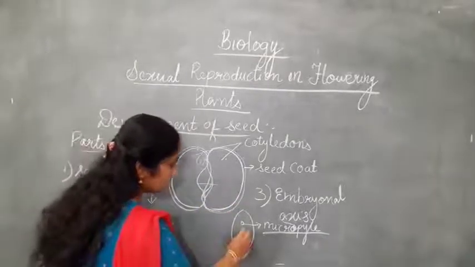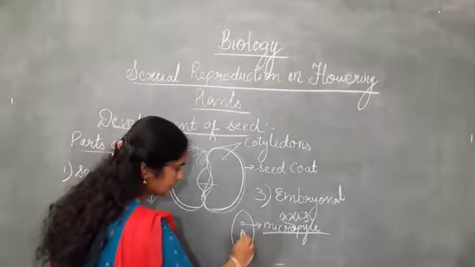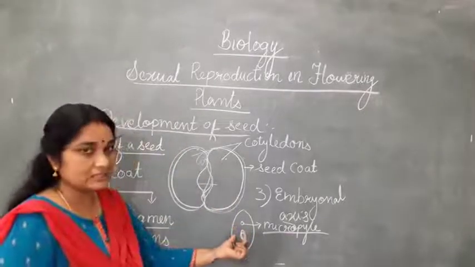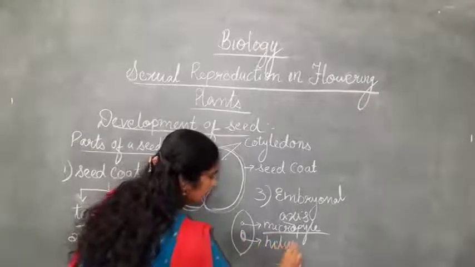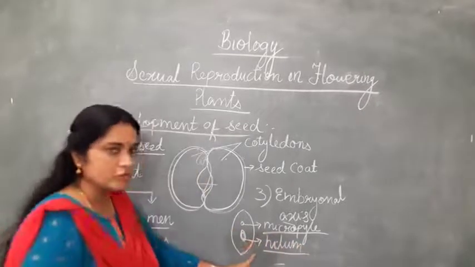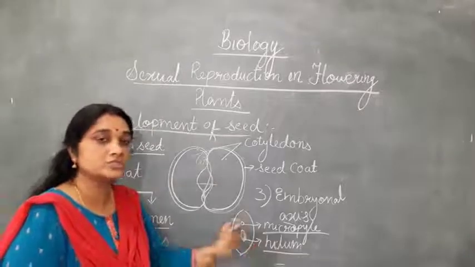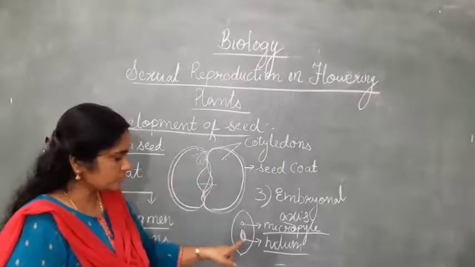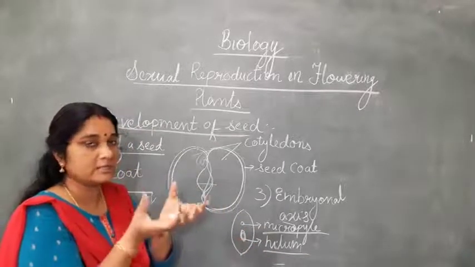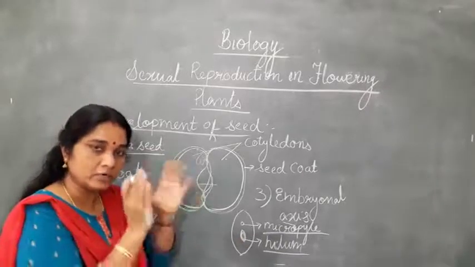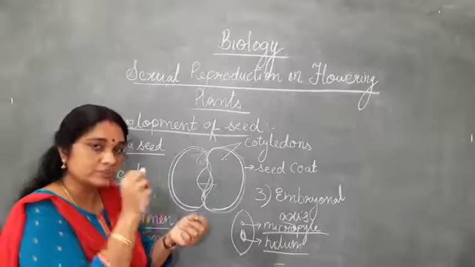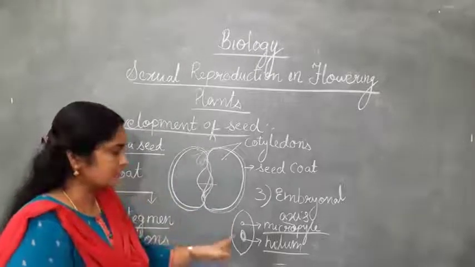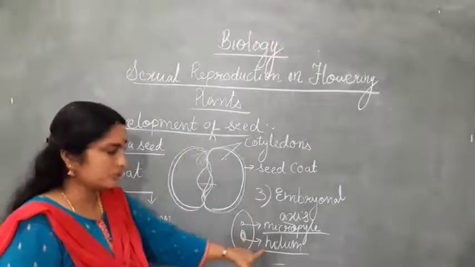And below that you can see a small white-colored scar mark on the side, which you can see in the green gram seed. That is known as the hilum. The hilum is the point of attachment of the seed to the stalk of the fruit. In peas and all, they are leguminous plants, so there will be an outer legume, and inside when you open it you can see the seeds there. So the point where the seed gets attached to the legume is the hilum.